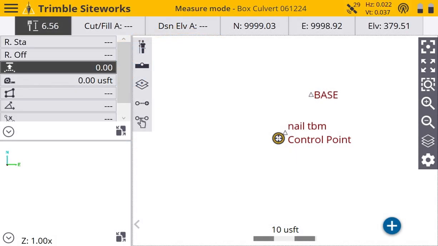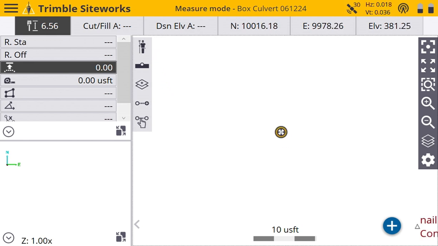Alright, welcome back to our box culvert. We set up our base on an unknown position and we've shot our benchmark. What we're going to do now is find a couple of things to try to anchor our plan down with. So I'm going to turn my tilt comp on,